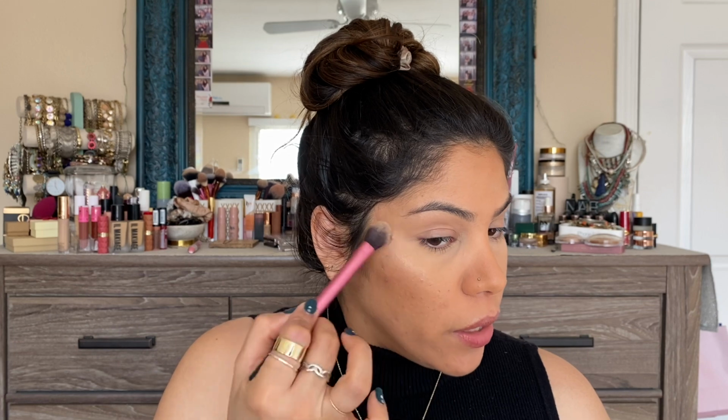And this Eclipse highlighter is more of a baked formula, so keep that in mind. So here we go. See that really beautiful glow? And when I look straight on, you see no cast or grayness. And right when you turn,